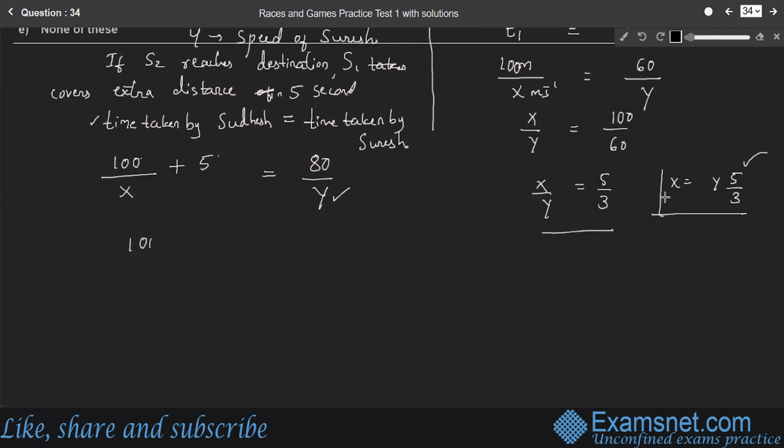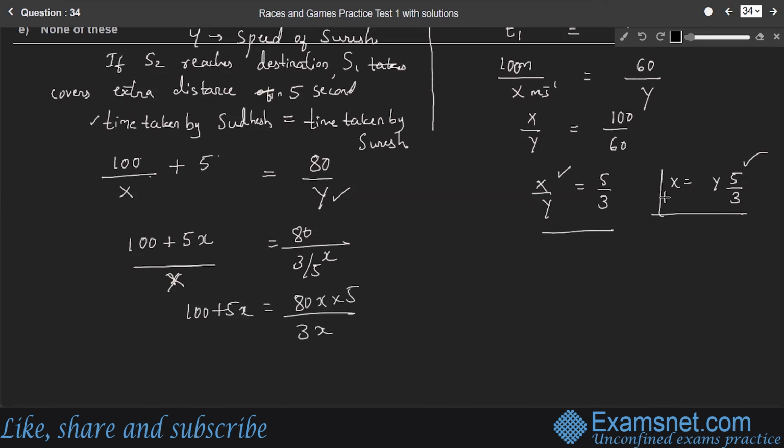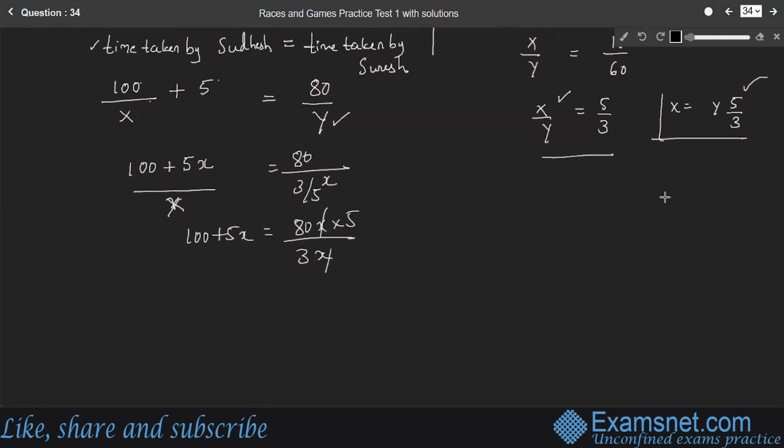So here 100 plus 5x, x is the LCM here, is equal to 80 by, in place of y, I'll write 3 by 5 into x. Therefore, 100 plus 5x is equal to 80x by 3x into 5. This 5 goes to numerator, so that x and x will get cancelled. So that we have 5x as